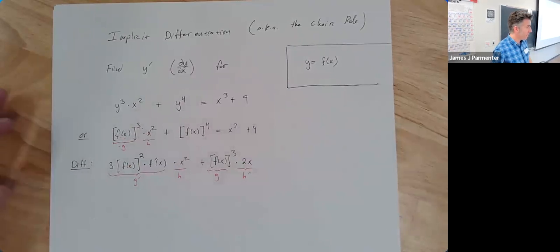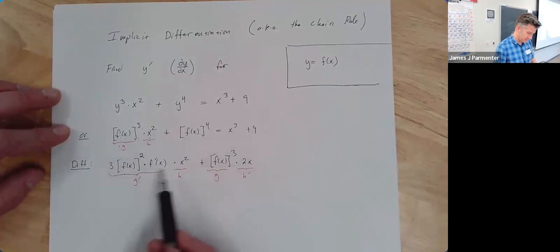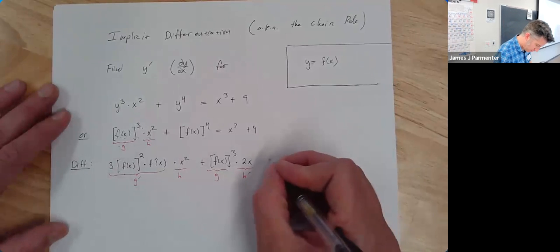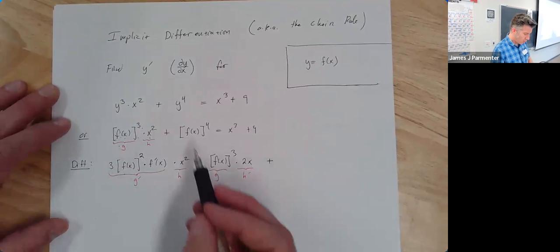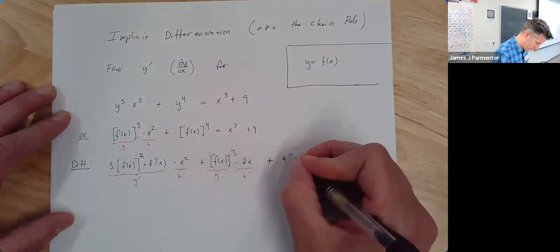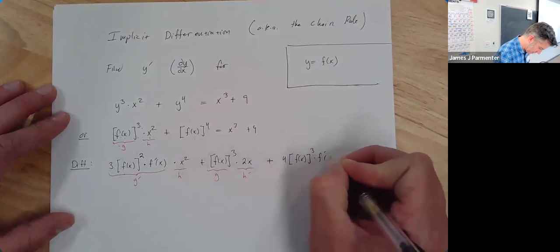Here's my product rule of that first piece. Definitely a product, right? I've got a function times a function. I did the derivative of the first part times the second part, plus the first part times the derivative. Plus, what's the derivative of something to the 4th power? 4 times my stuff cubed times the derivative of my stuff